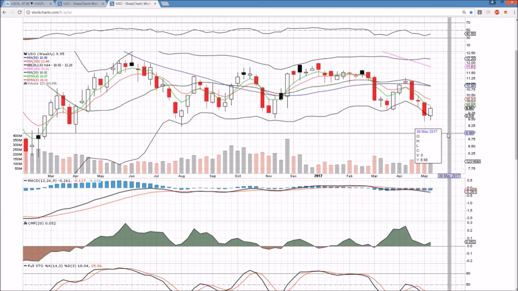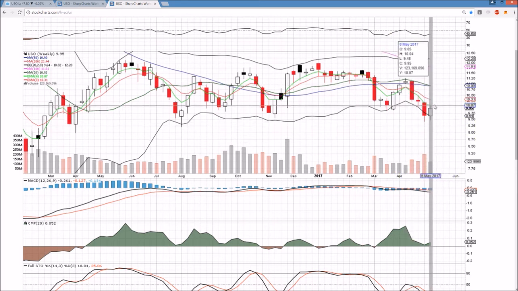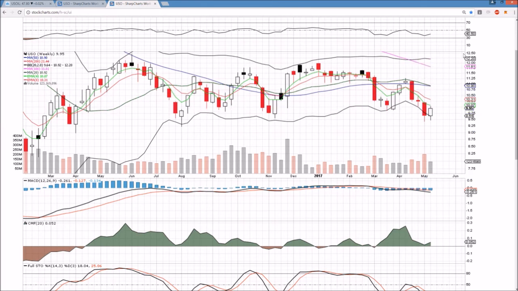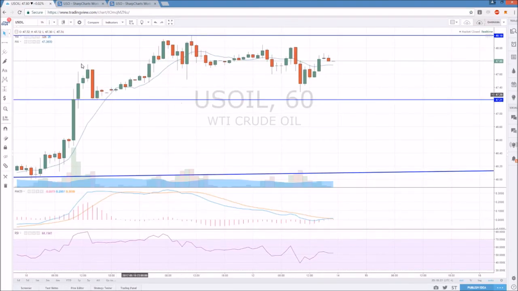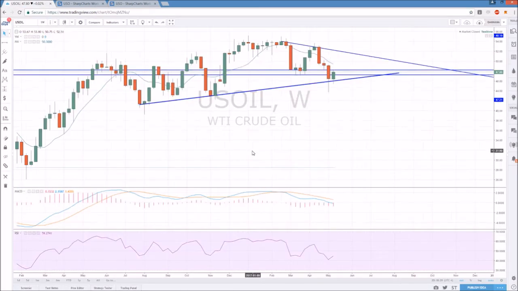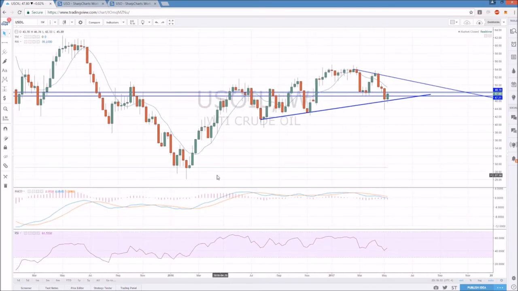We're not going to see a 10% move off this low. We're going to have to see a bounce, a higher low, and then a higher high in order for the bulls to try and shift and gain some momentum back. So that's what we're looking at here. This oil, again, this weekly time frame, looks extremely bearish in the short term over the past 3 weeks, but you zoom out at the bigger picture, and